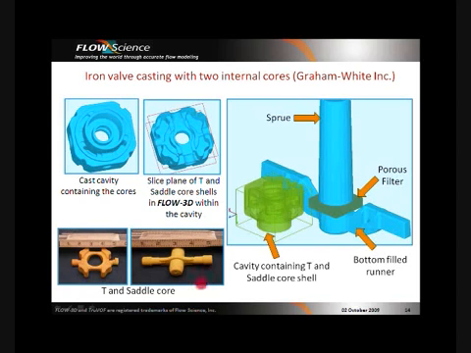And the image at the bottom is the actual cores shown against the scale. Note that the saddle core has no drilled holes to relieve the core gas pressure and vents through each of its prints. However, the T core has a hole drilled through its center. It's visible on the screen here. I'll probably use a highlighter in this case. This design allows the T core to vent through the central hole into one end of the cross-sectional piece.